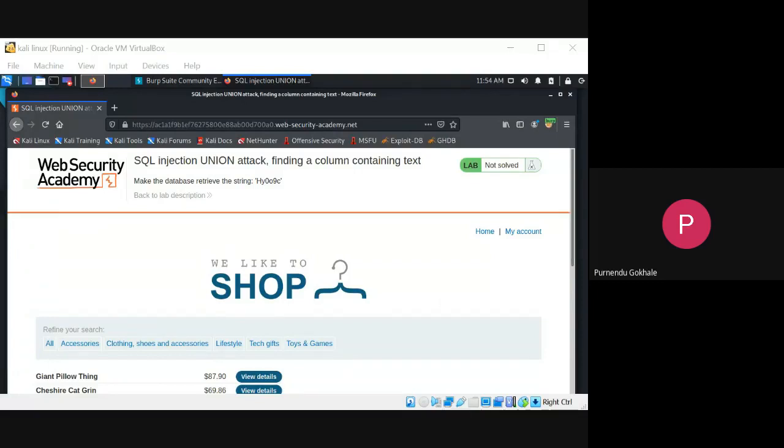Okay, so can you in short explain what you have done? I have changed the second null to the database schema name. So you have passed that string in the second null, right? Yeah. Okay, so that's right. Good. So I think he is the first one to do it.